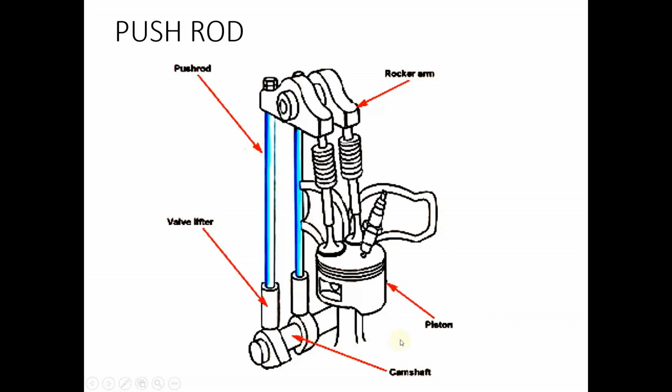Since you know that the crankshaft may run at 1500 to 2000, maybe 3000 or 4000 rpm, the camshaft also will have half the rotational speed of the crankshaft. So as the crankshaft rotation speed increases, camshaft speed also increases, and the rate at which the push rod has to operate also increases. So due to this, sudden rocking motions may occur frequently at the push rod and other mechanisms, and therefore all these parts should be made of high strength material.